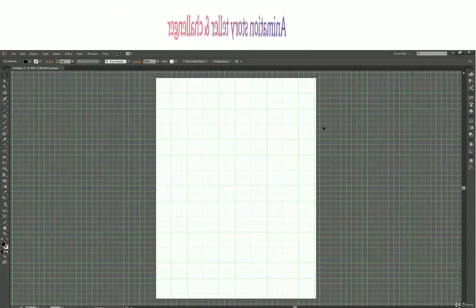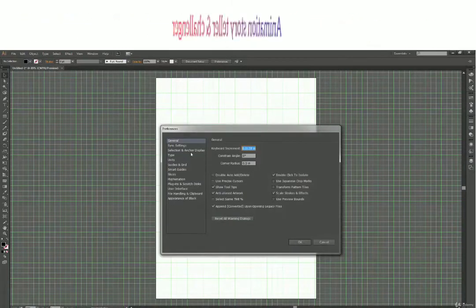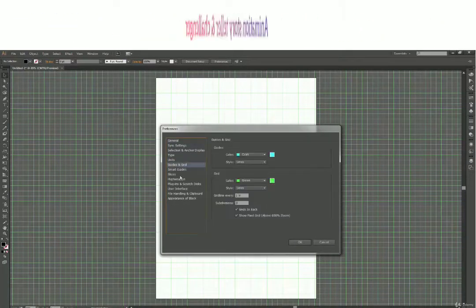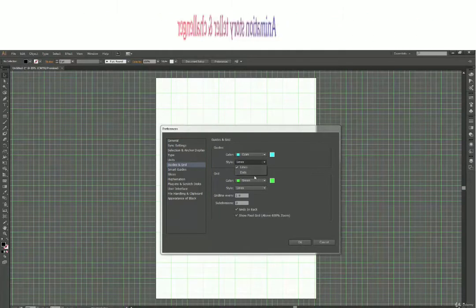Now let's jump back to the preference panel and switch to guides and grid. Now we have our guide selected. What we can do is recolor our guides and redefine their style.